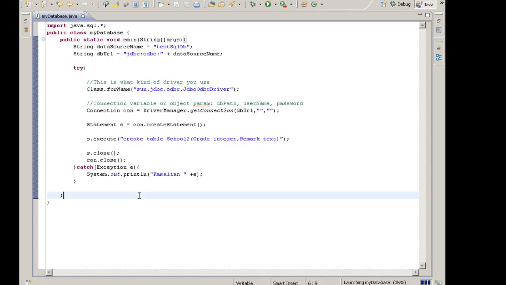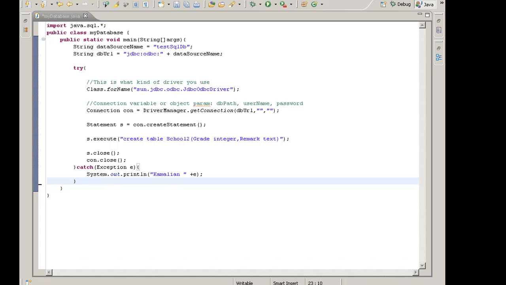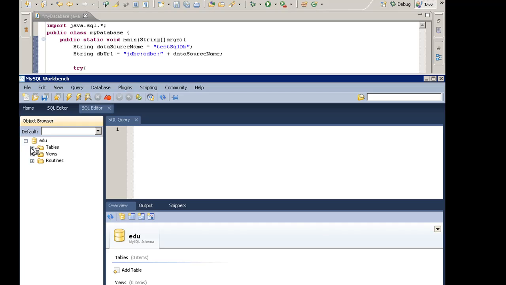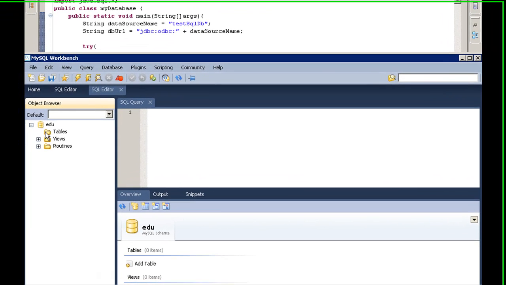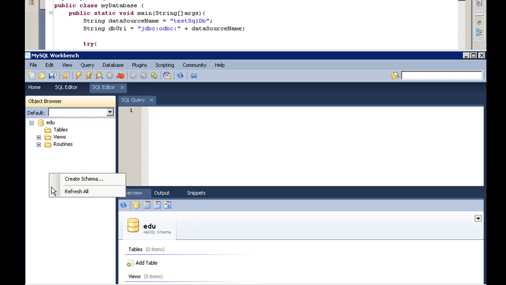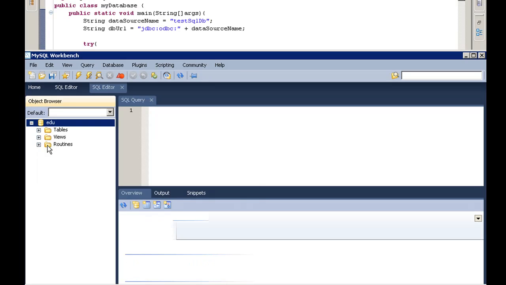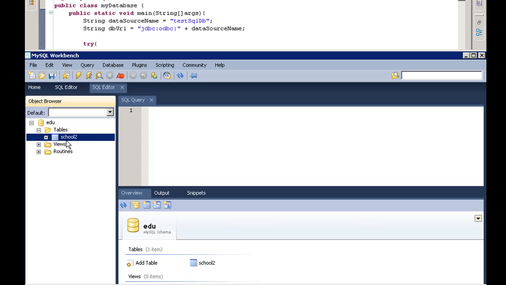Okay, that's it. We've already run. So see here, we have no table. We need to refresh to see if there are any changes, so refresh all. Okay, now we have a new table, school 2.